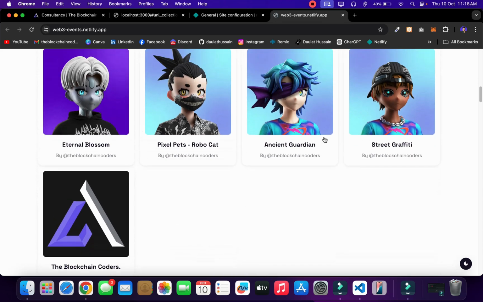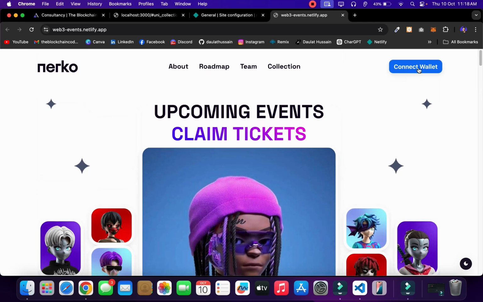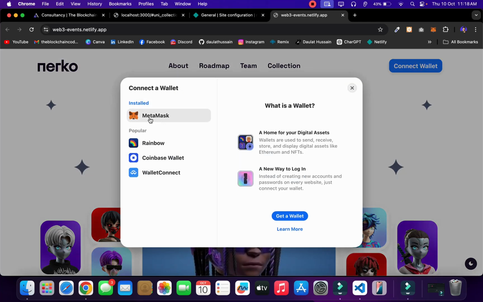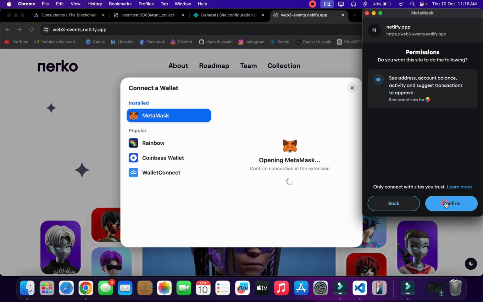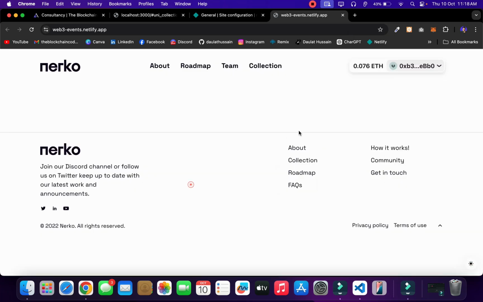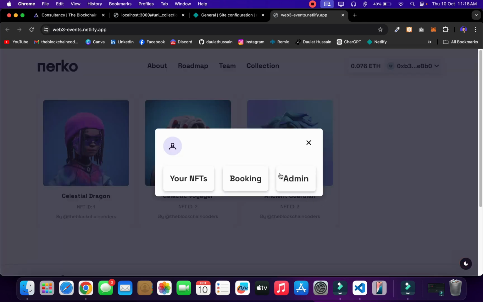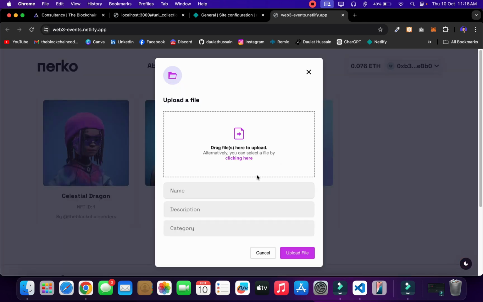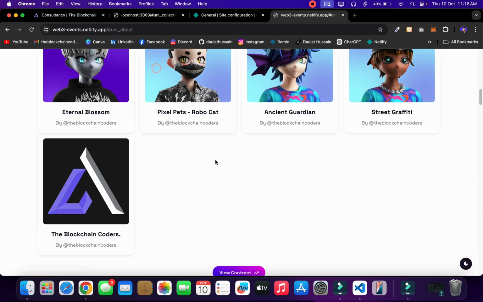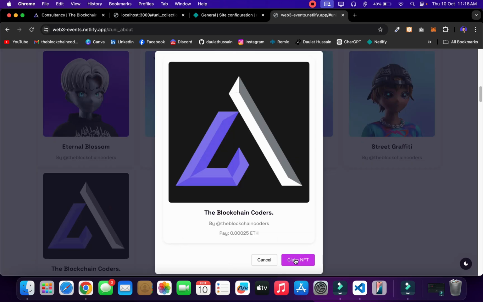So you can see, you can simply click and you can claim the NFT. Right now if I connect my wallet, if I go back to MetaMask, if I click on confirm, I'm connected successfully. If I go back to my account, there you will find the NFT which I have taken is this 3, which is reflecting all the details fine. And if I come back, I can simply create here to upload the metadata. Perfect. If I want to take the event for this one, I can simply click here, click on this mint,